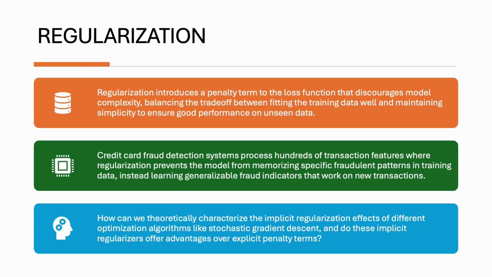Regularization explicitly rejects the goal of perfect training fit, instead adding a penalty that measures model complexity. This penalty could count the number of non-zero parameters, measure their total magnitude, or encode their notion of simplicity. By minimizing a combination of training error and complexity penalty, we deliberately accept worse training performance to achieve better generalization. A counterintuitive but essential strategy for high-dimensional success.